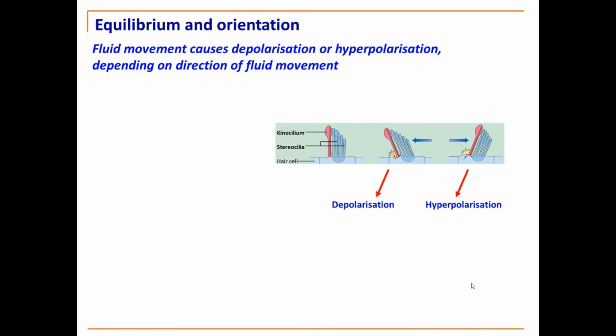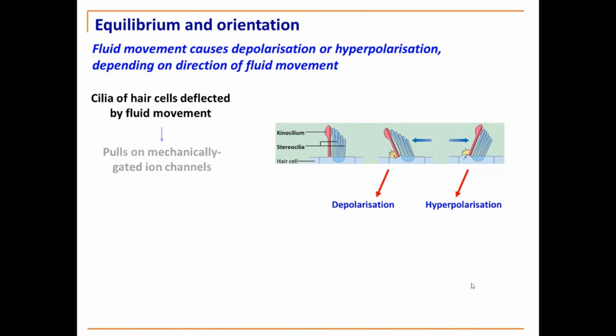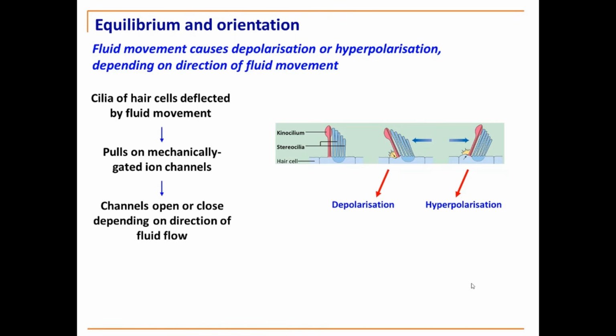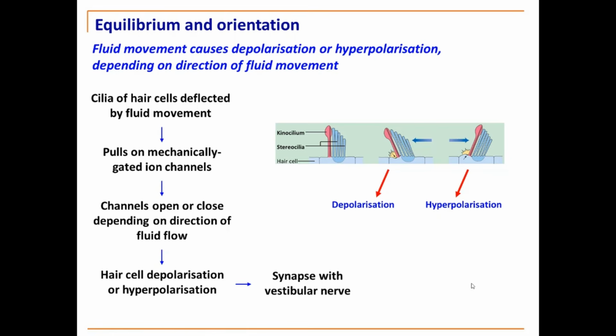So the fluid movement causes either depolarization or hyperpolarization, depending on the direction of the fluid movement. The cilia of the hair cells are deflected by the fluid movement. They pull on the mechanically gated ion channels. Those channels open or close depending on the direction of fluid flow, and you therefore get hair cell depolarization or hair cell hyperpolarization. You get that synapse with the vestibular nerve, and that information is transported to the cerebellum because